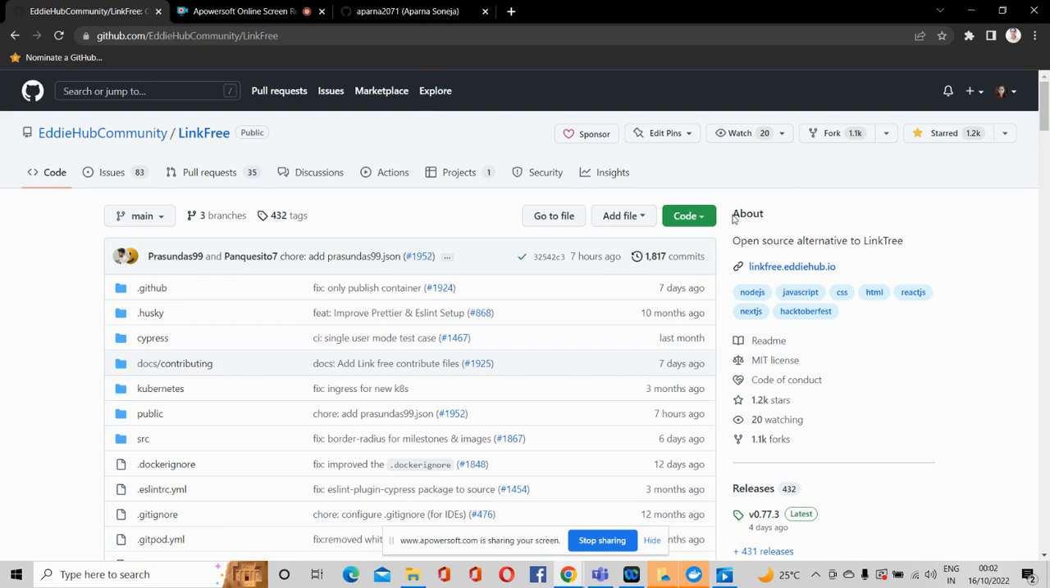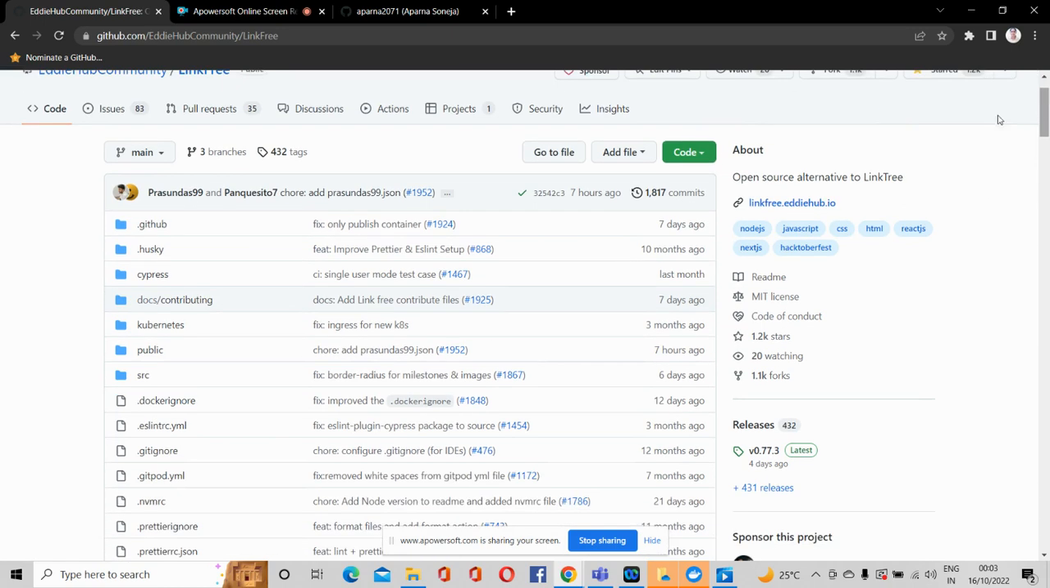Okay, and here you can see the about section that tells us about the project, what this project is all about. Okay, and after that you can see a link. The link is the deployed version of this project. Okay, you can see the deployed version of this project here, and then